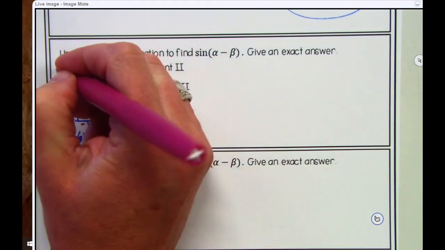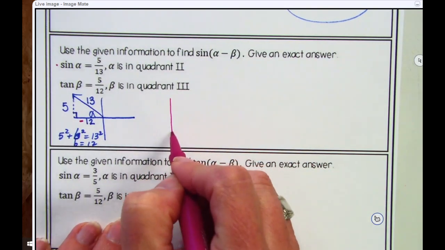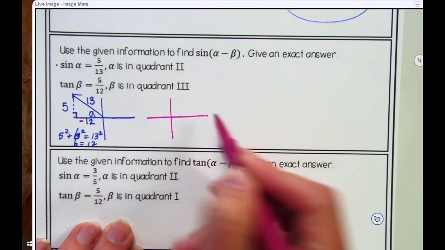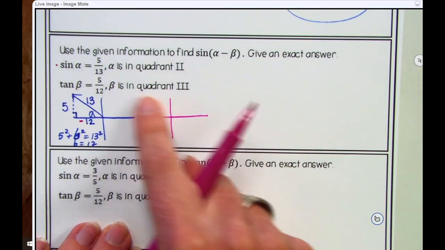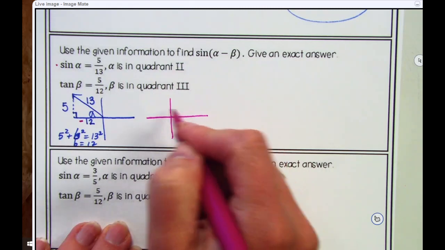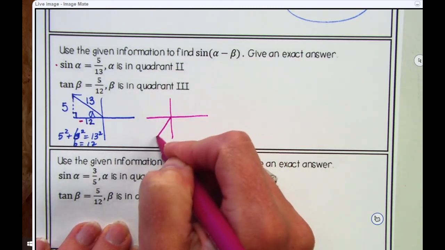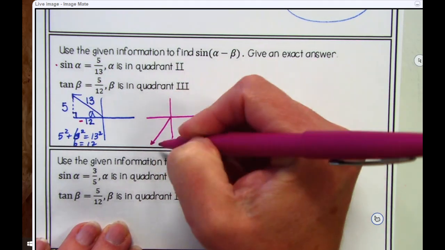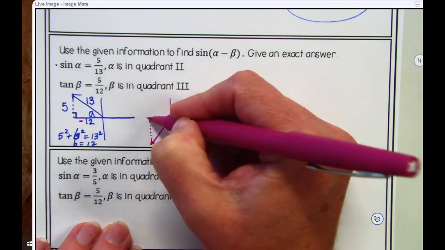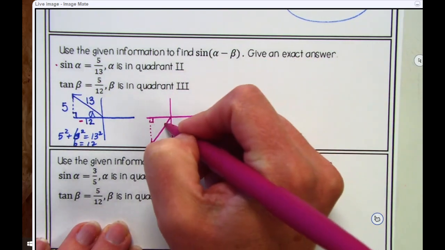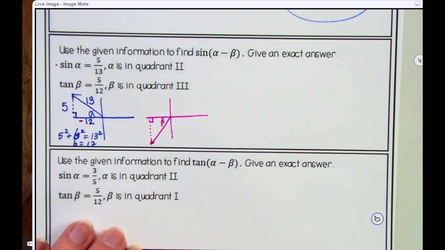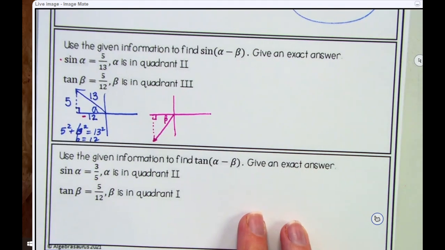Okay, so we just did this guy. Now let's do the other one. And then it says tangent of beta, and it's in quadrant 3. So 1, 2, 3. Drop and give yourself that right angle. Here is beta. So in this case, Jacob, they told you which one was alpha and which one was beta, right? Mm-hmm. It's defined. So tangent of beta, tangent is opposite over adjacent,